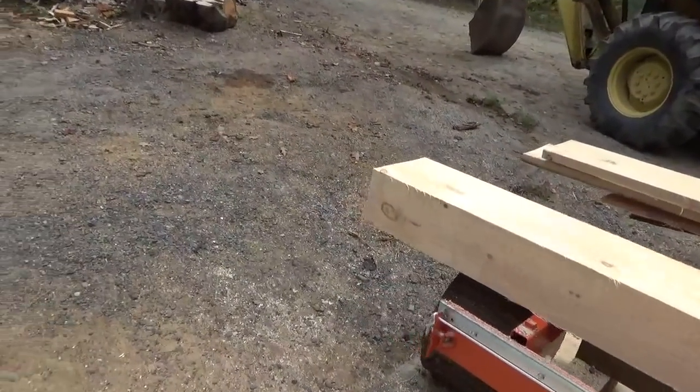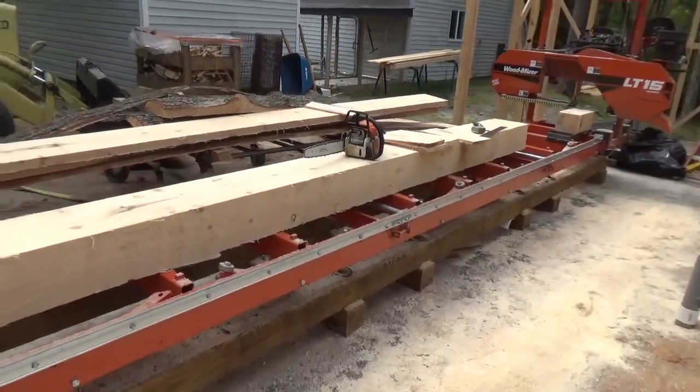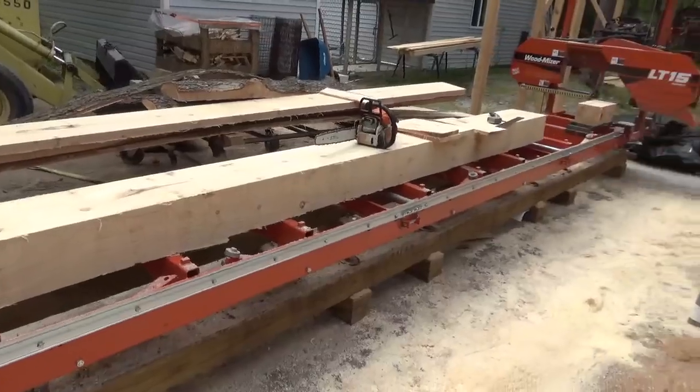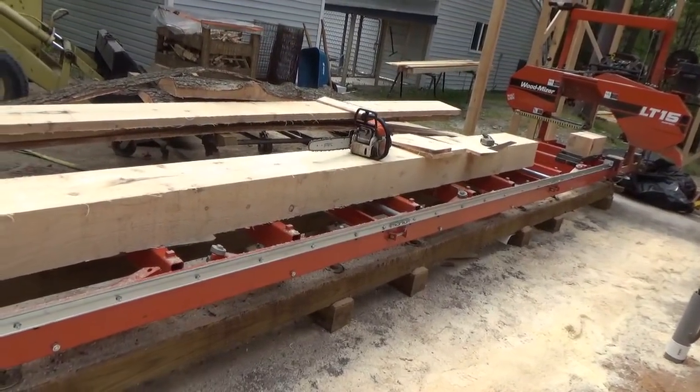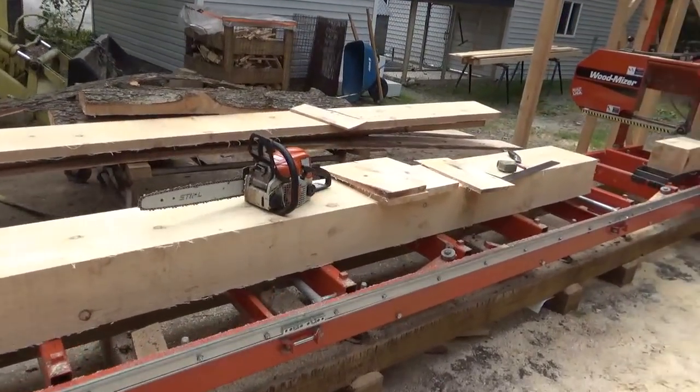I had said in my last video that I needed to cut this up into 18-inch pieces. It's a shame to have to cut that up. You got to get the wood from somewhere, and there's plenty of pine trees, so I'm not going to worry about it. And this is an eastern white pine. But anyway,